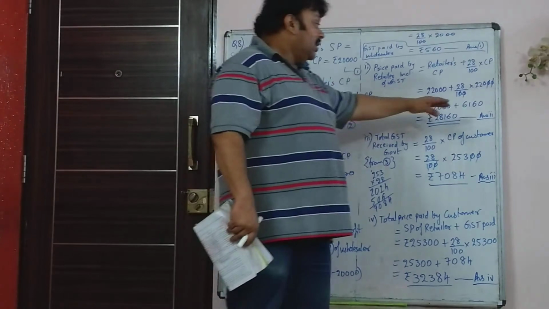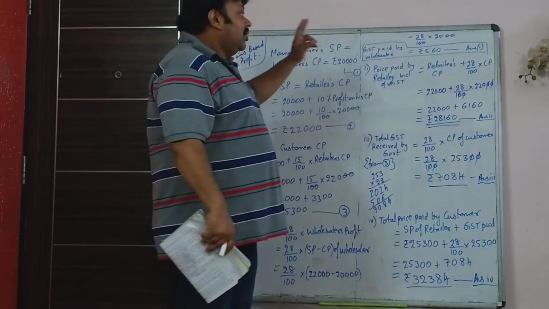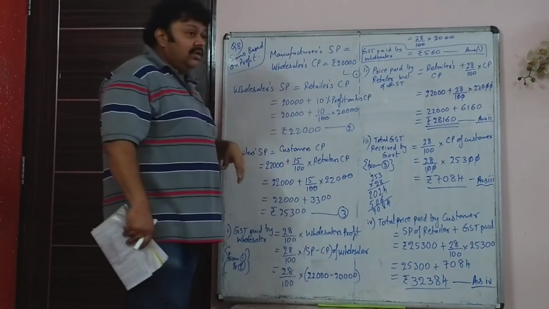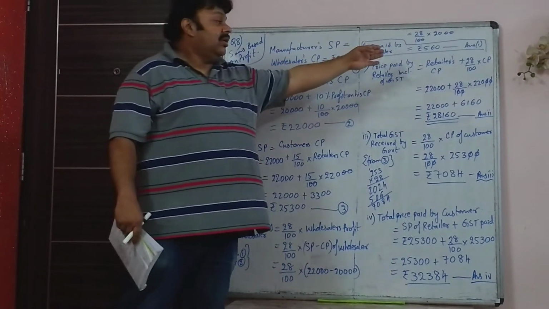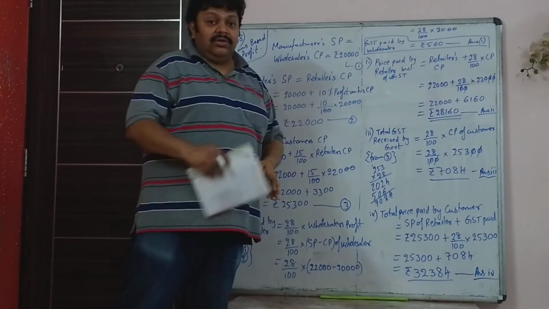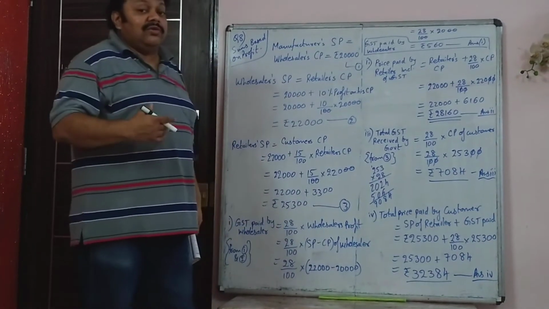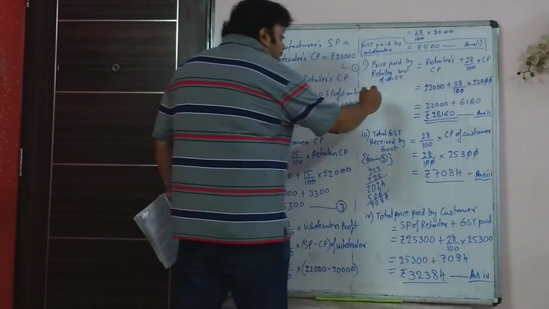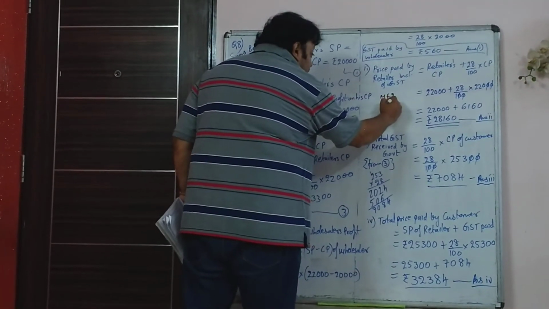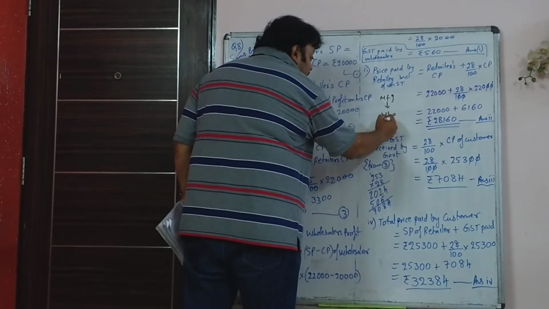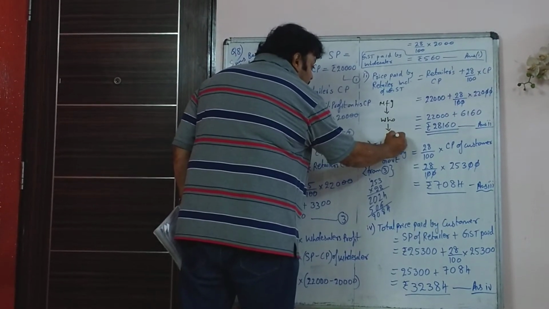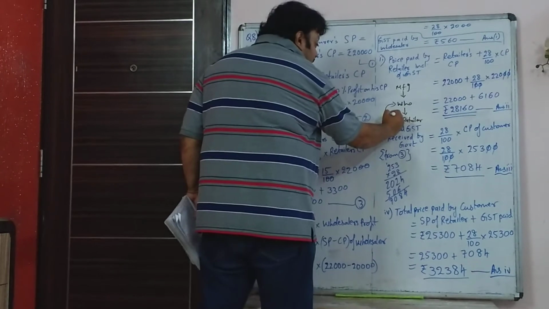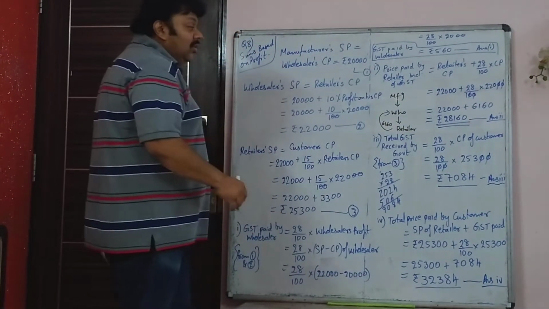Yes, of course, of this 6160, some amount is paid by the retailer to the wholesaler. Wholesaler will give a part of that to the government, and the remaining he will pay the manufacturer. If you have confusion, go back to the previous video, where the chart was explained. As per the chart, the manufacturer is selling it to wholesaler, the wholesaler is selling it to retailer. So now in this stage, the retailer is giving 6,160 rupees GST to the wholesaler.